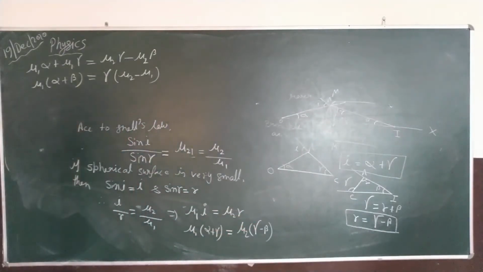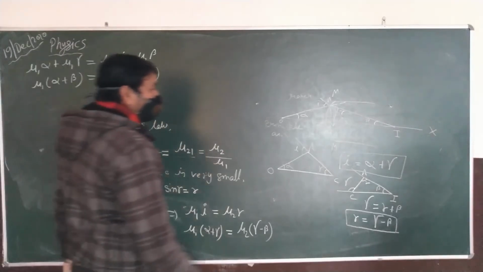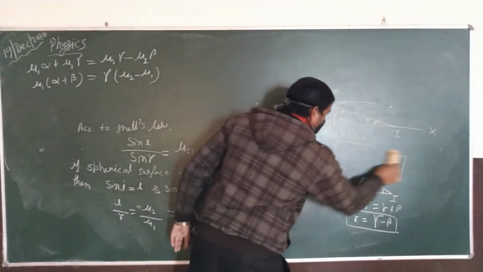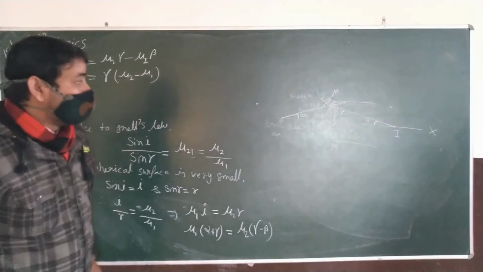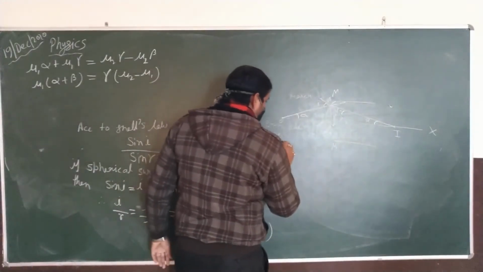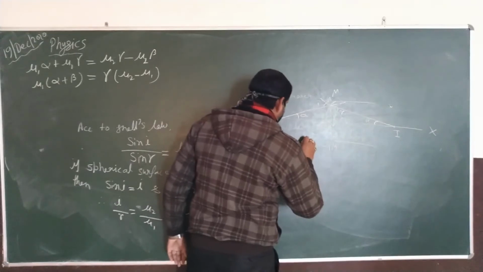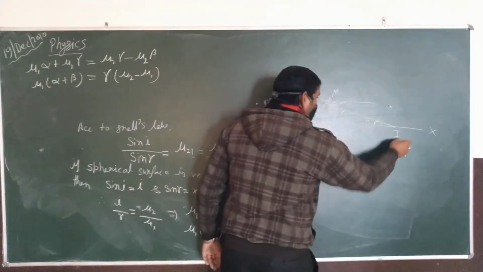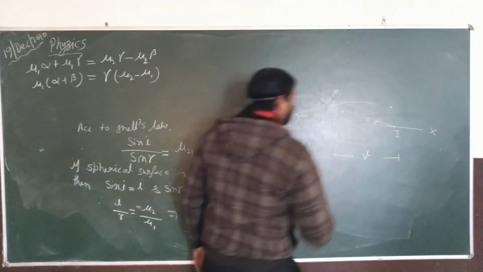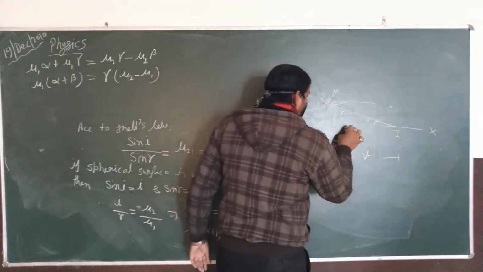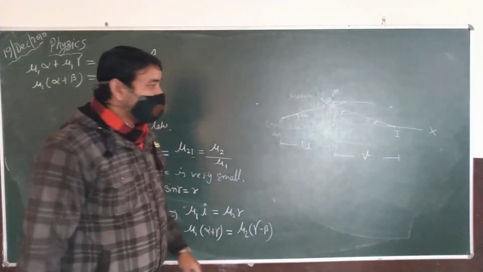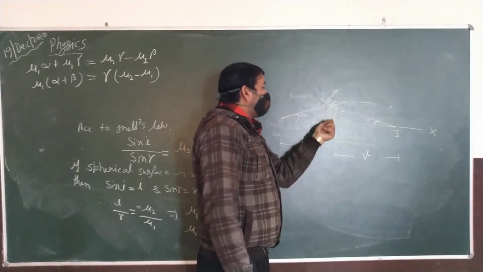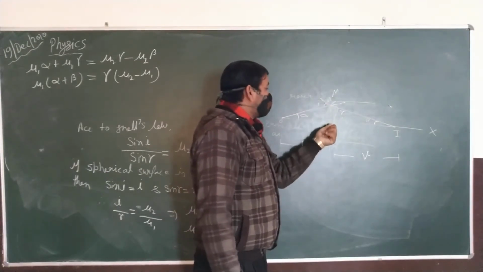See, now the distance of the object to the pole is u, the distance of the image from the pole is v, and the distance of the pole to the center of curvature is R. It is clear? Now here one thing is understood,